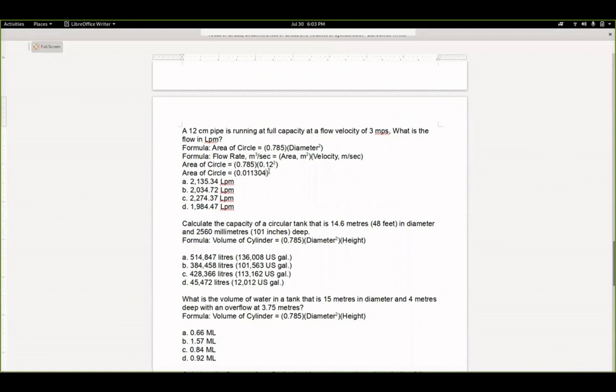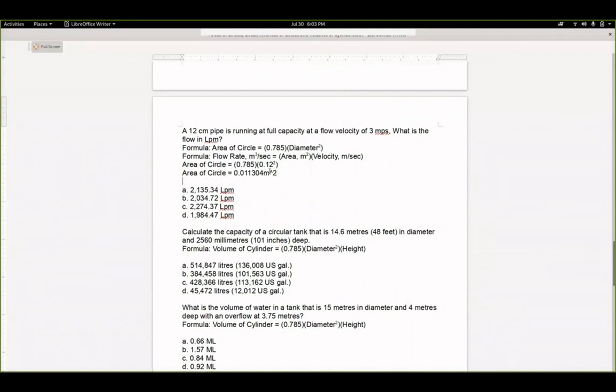Okay, so that's the area of the circle in meters squared. And that caret means exponent. It means that the next number should be superscript. Okay, so now what we're going to do is use the flow rate, because that's really what we're asking for. We're looking for the flow rate in liters per minute, but we'll adjust that at the end. So the area in meters squared is